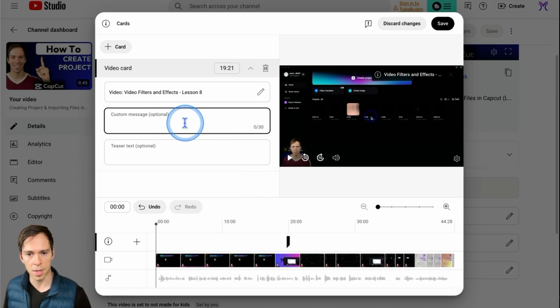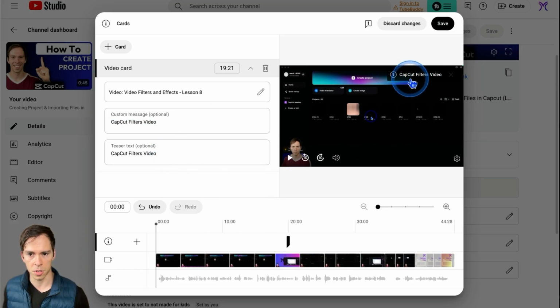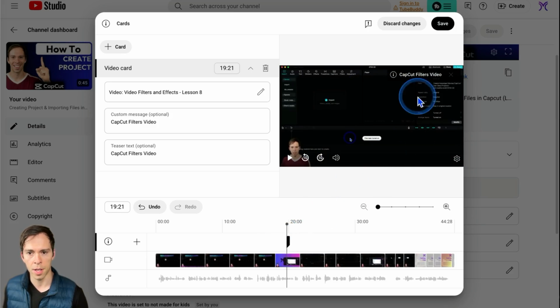And I could change the message that it says. So I could say CapCut filters video, something like that. And I can put that in the teaser text as well. And that's what's going to show right here. So you can see it now says CapCut filters video. And so when the viewer reaches that point in the video, it's going to display that card for a few